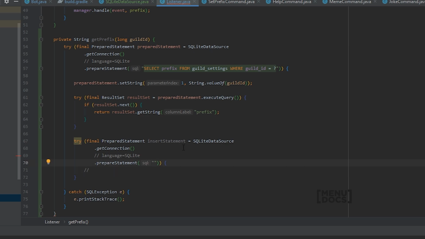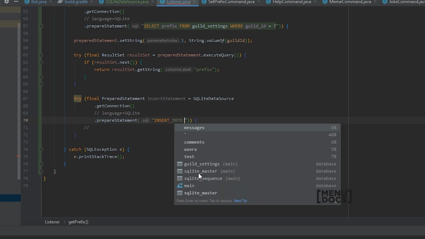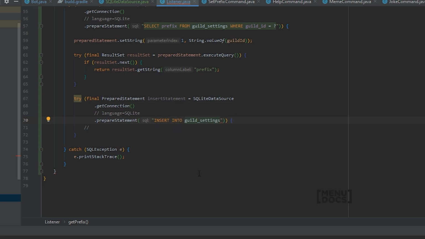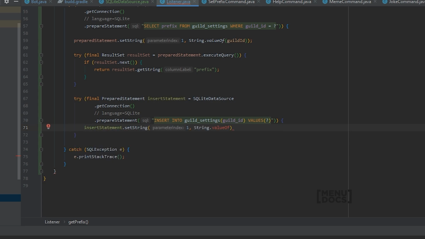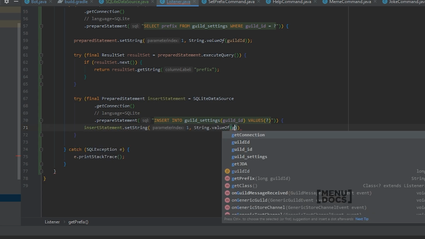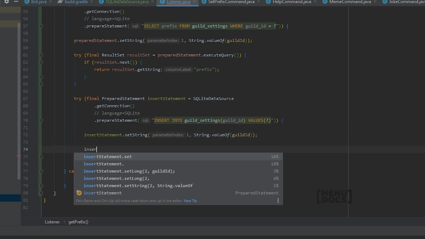And in this statement, we're gonna say insert into guild settings. The values that we want to insert is only the guild ID, because our prefix has a default value, and the values is a question mark. So now we can say insert statement dot set string dot value of guild ID, and then we're gonna say insert statement